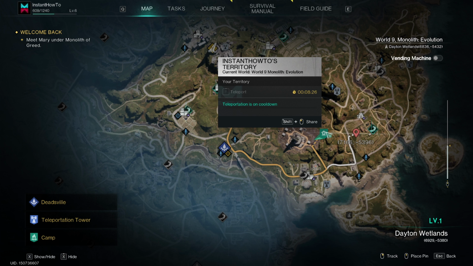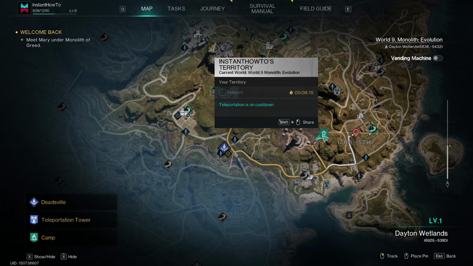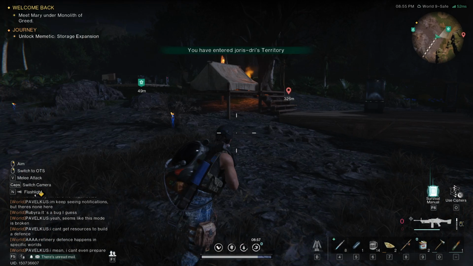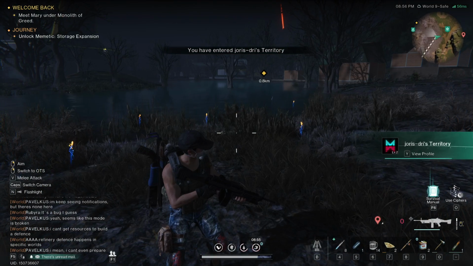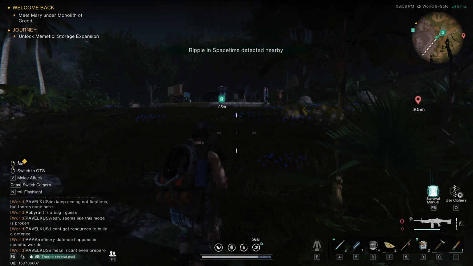However, once teleportation cooldown is off, you'll be able to simply hover over your territory and hold down your F key on your keyboard, and then you'll be able to simply teleport over here. So wherever in the map you are, you'll teleport over here. It will take a few seconds to teleport, it will take you to the loading screen, and then you will simply get teleported to your home territory. So that's pretty much how you teleport in Once